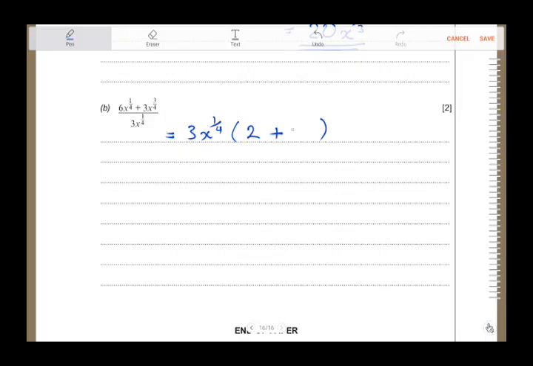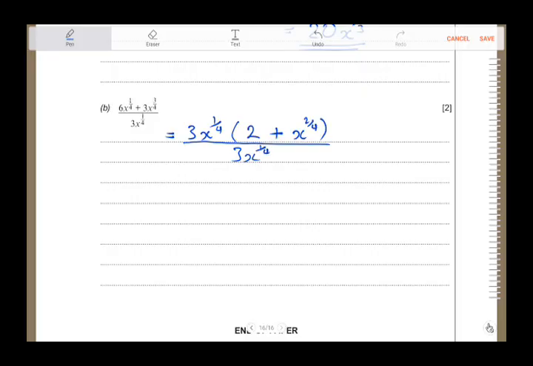3x to the quarter times x to the 2/4 will give me 3x to the 3/4. 3 times 1 will give me 3. x to the quarter times x to the 2/4, now we do apply our laws, because we're multiplying. You add the quarter and the 2/4 and you get 3/4. Lo and behold, the